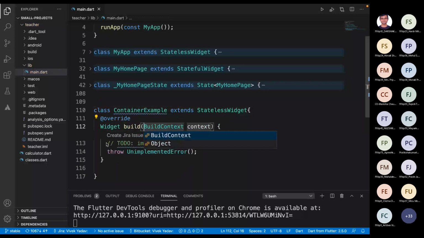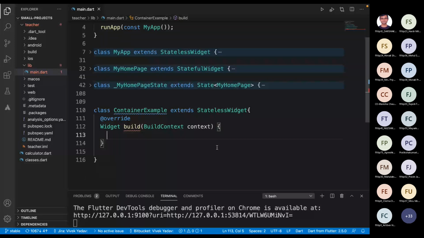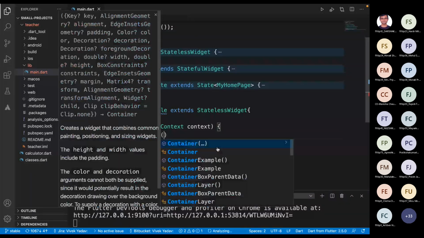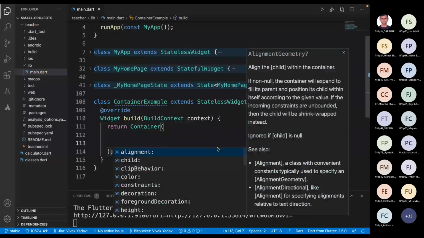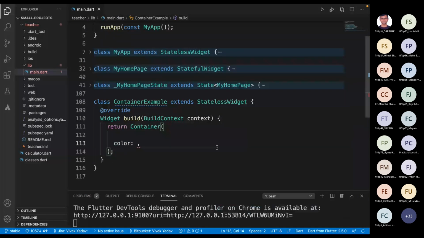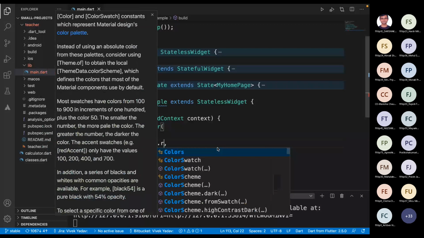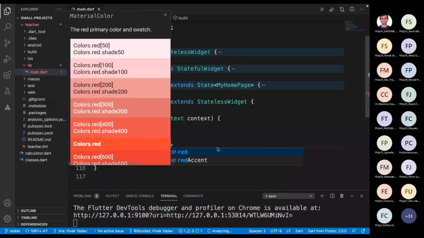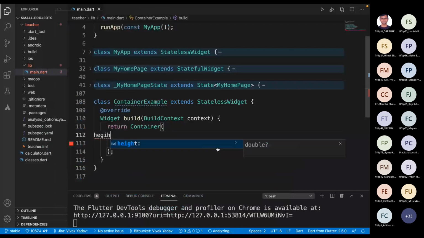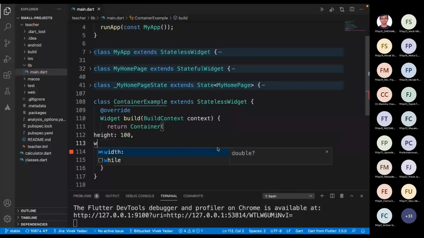We all are aware of the build method, the main method which gives us the UI. I will return a container, a widget provided by Flutter, with color Colors.red, height 100 and width 100.